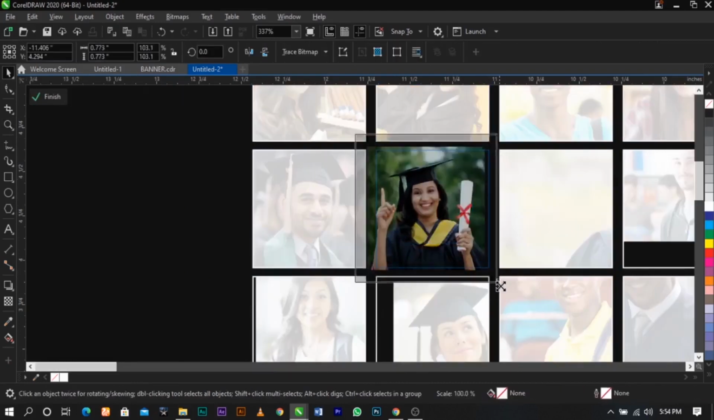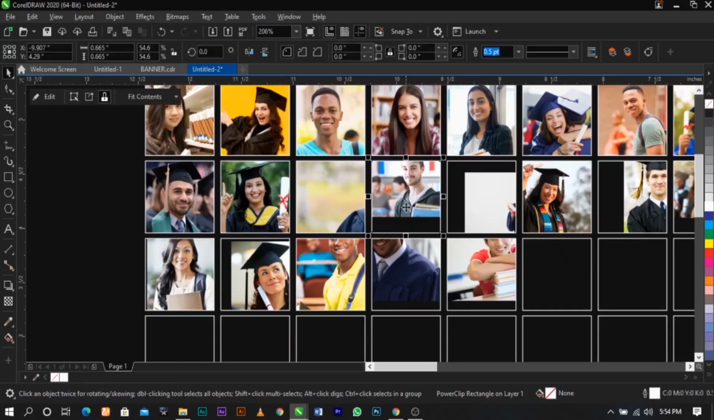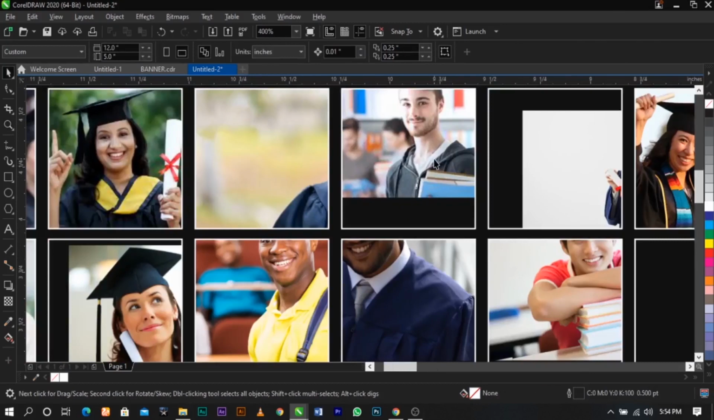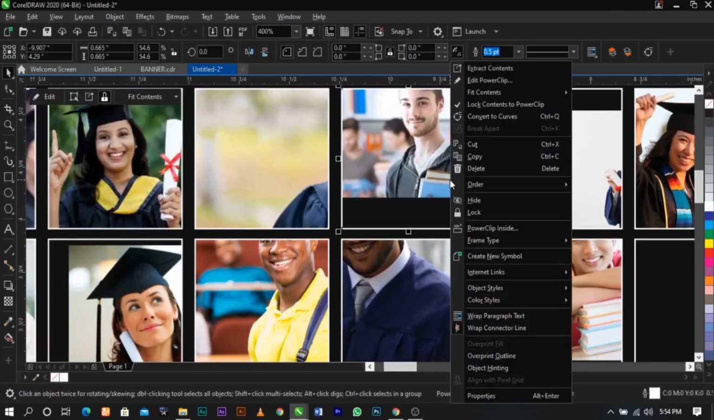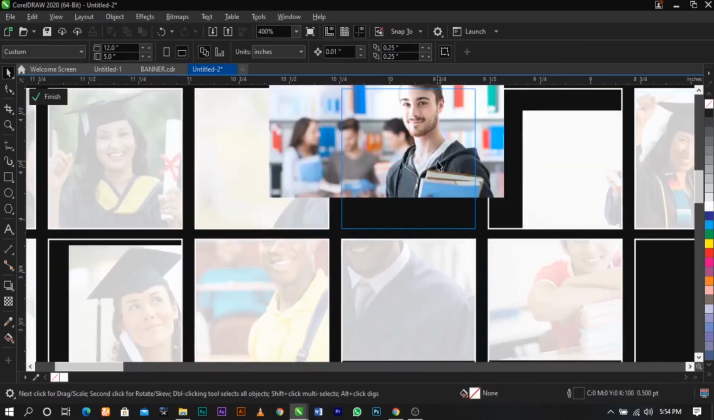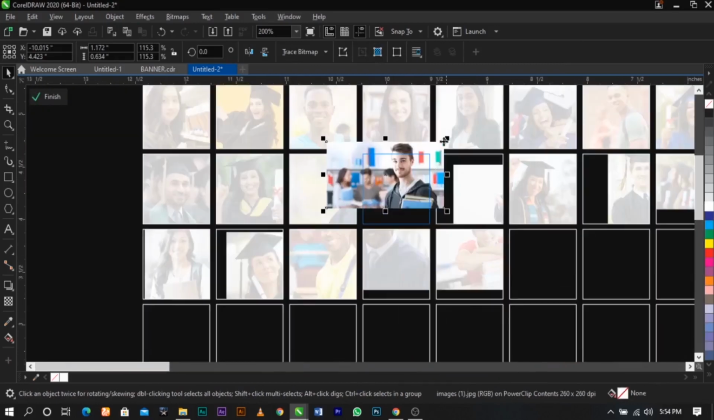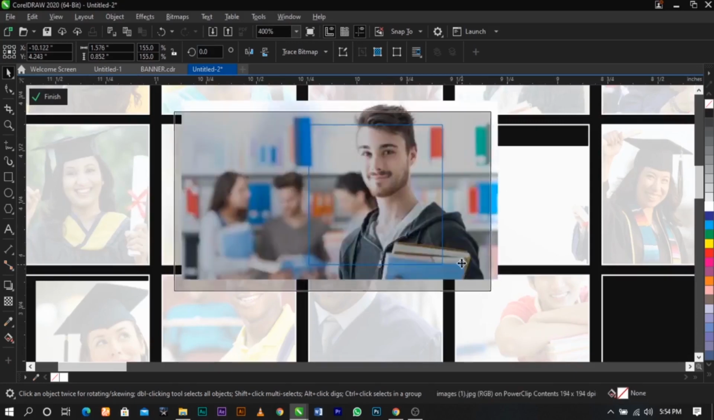I forgot to tell you guys, if you power clip, and as you can see, this picture is not aligning very well with the box. So what you're going to do is just right click on it, select edit power clip this way, so it will take you inside the content, allowing you just to have your picture to edit. What you're going to do now is just drag it